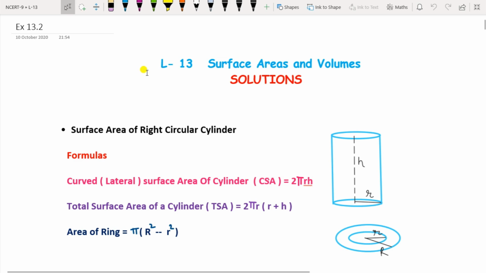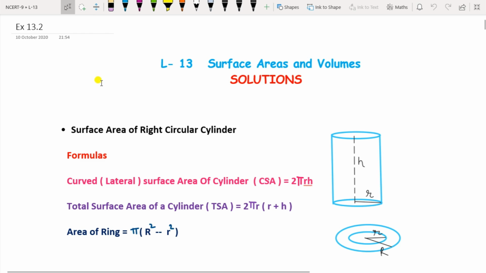In your earlier classes, you have studied rectangles, squares and circles and how to find their perimeters and areas. Won't it be interesting to see what happens if these figures change to three-dimensional figures? In exercise 13.1, we have studied cuboid and cube, whose video I have shared in the link above. Please go through that video first. Now in exercise 13.2, we are going to study the cylinder.